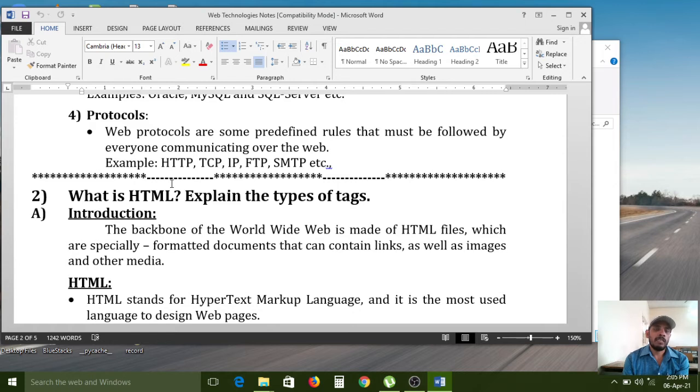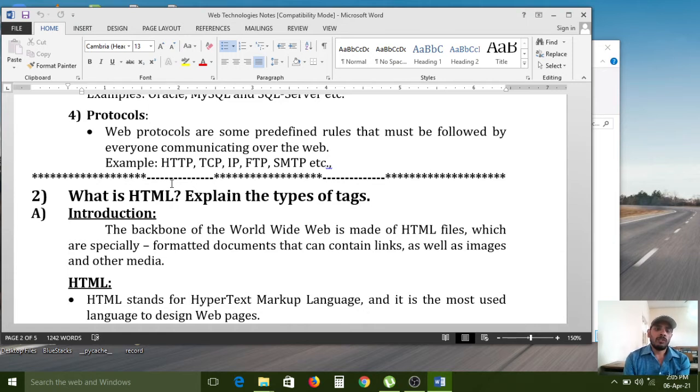And SMTP is simple mail transfer protocol. SMTP is used only for mail transferring purposes. If you want to send any mail from one place to another, the SMTP protocol is used internally. For example, Gmail, Rediff Mail, and Yahoo Mail all work on the SMTP protocol, because the complete architecture depends on SMTP.